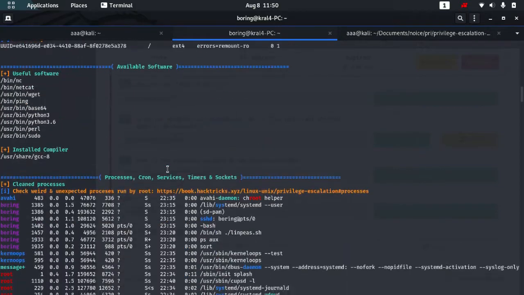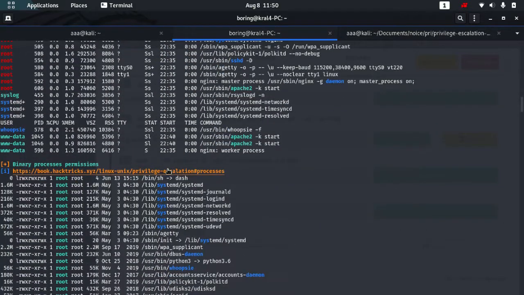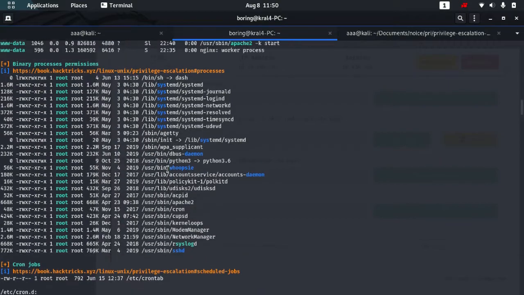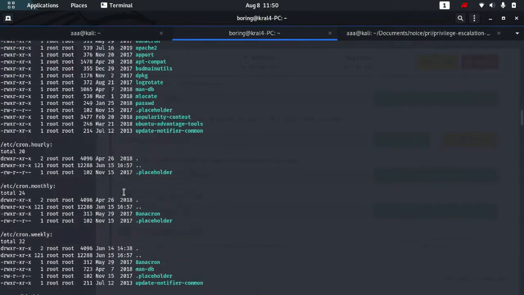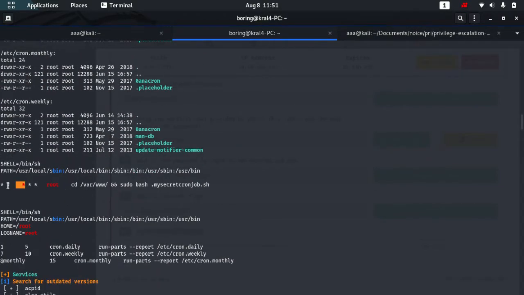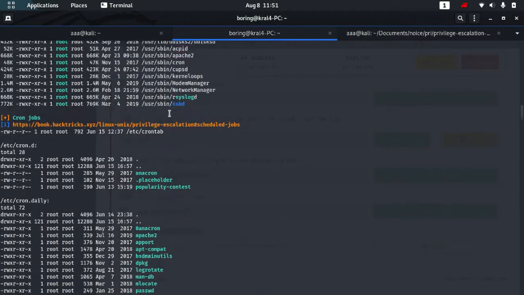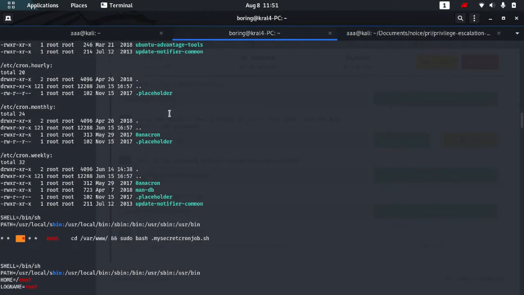Let's see if something is useful. Process permissions. We see something in orange, and whenever you see orange, it means you can use something from that. So it found my secret cron job, which runs as root.